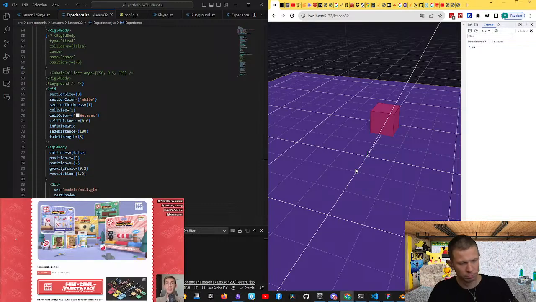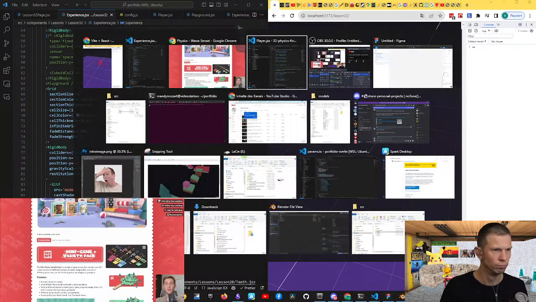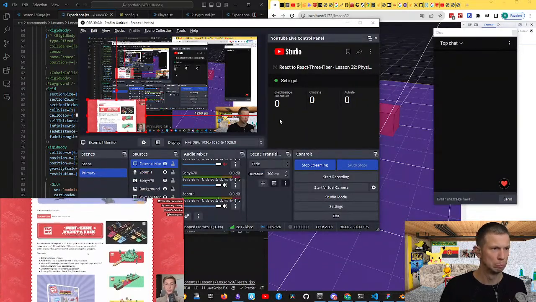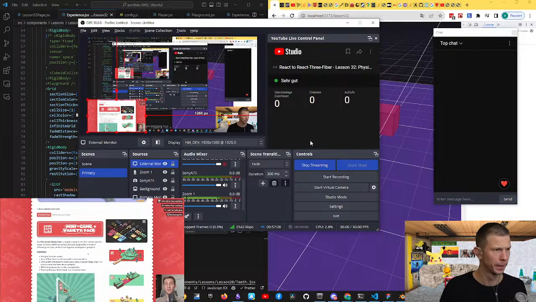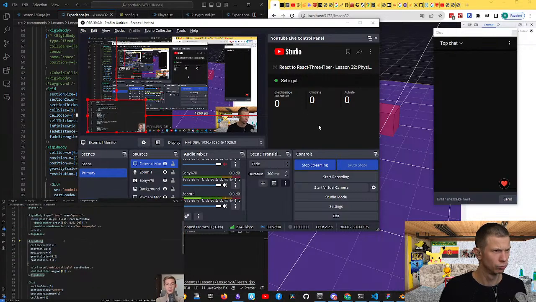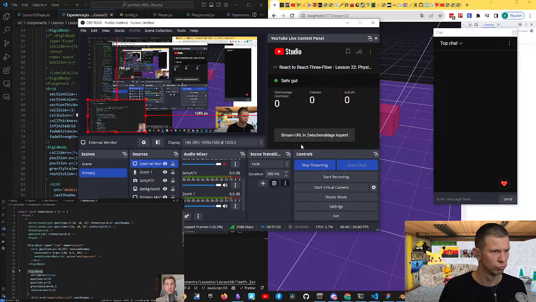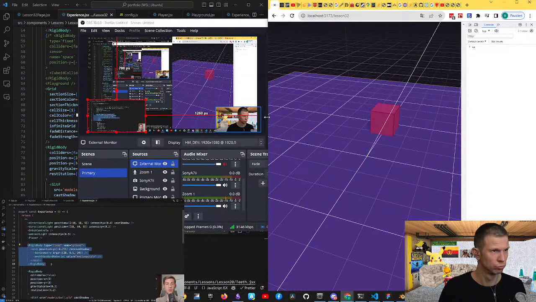I prepared a map in the starter pack project. I used the minigame variety pack from Kailusberg. It's an incredible royalty-free asset pack. I recommend you give it a try. In our experience, instead of having the floor, so our ground here, we will replace it